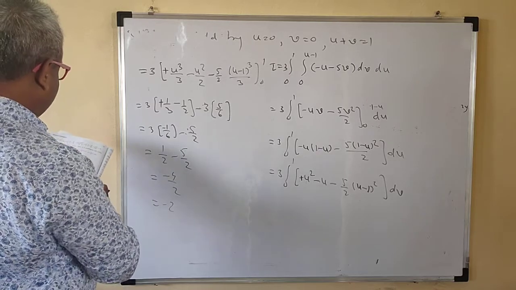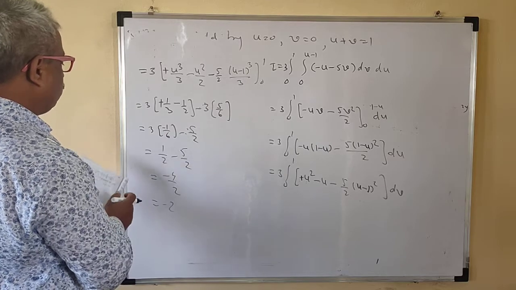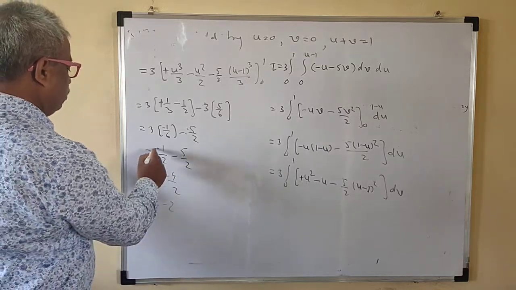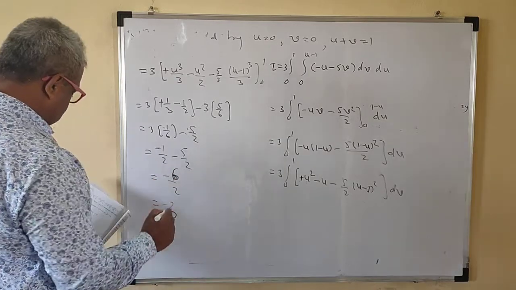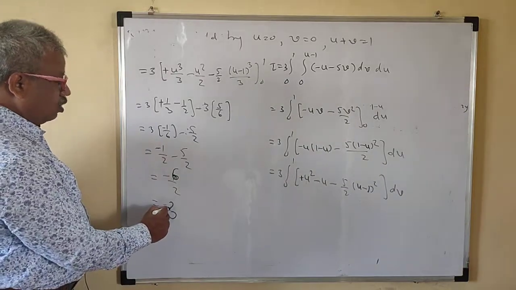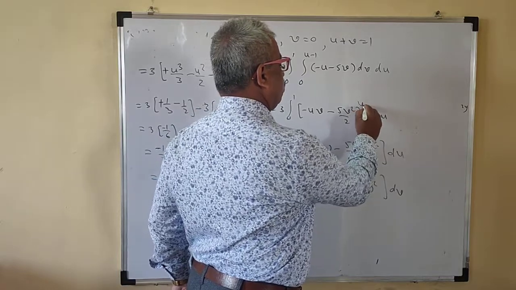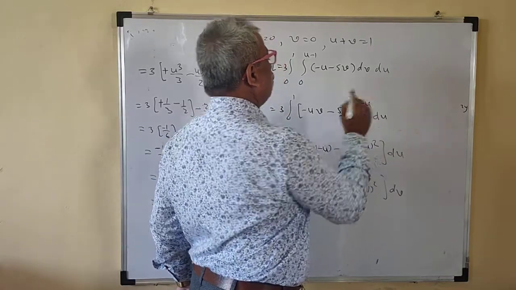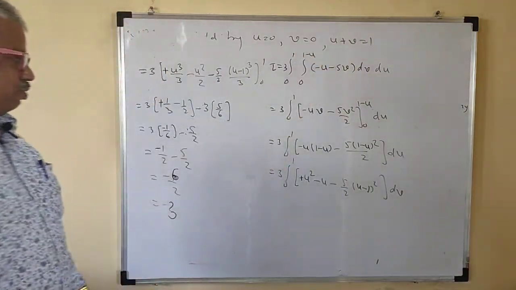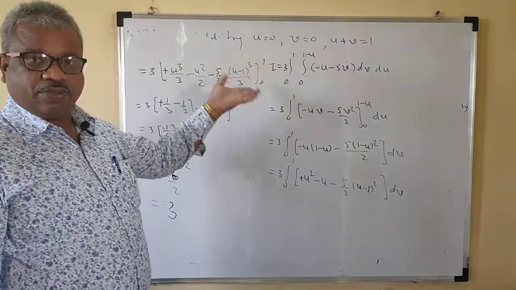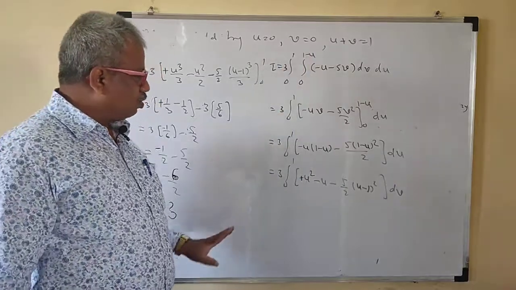Okay, so minus 1 by 6. So minus 1 by 6. So this is minus 1 by 3. Minus 1 by 3. So this is minus 6 by 2. So this is minus 3 there. This is minus 6. Okay, so here what? We have made a mistake here. This is what? u minus 1. This is u, 1 minus u. Okay, so this is 1 minus u. We have to take care of this one. So u plus v is equal to 1. Okay, so that means v is equal to 1 minus u. Okay, so correct all those things.